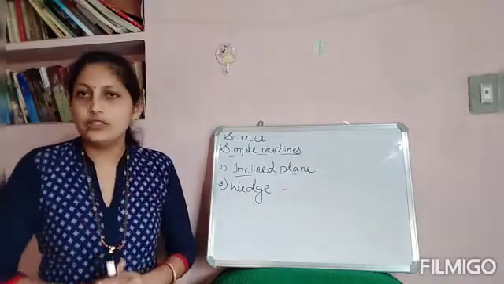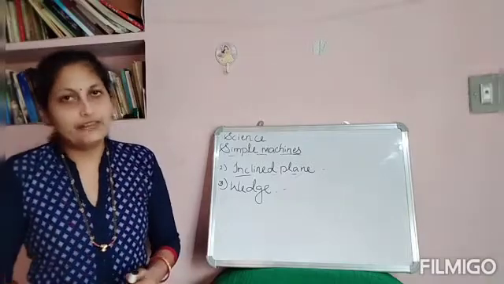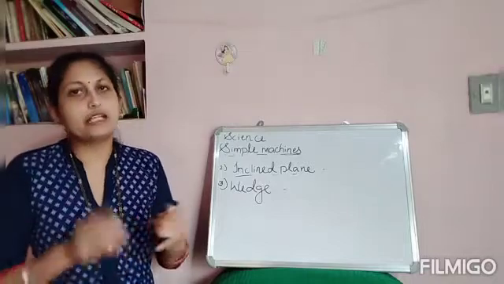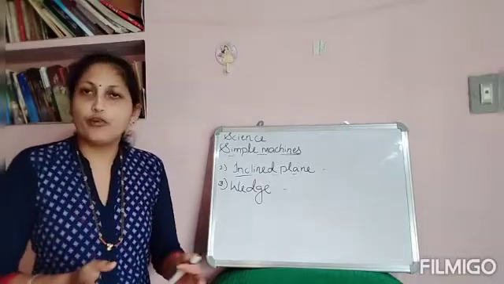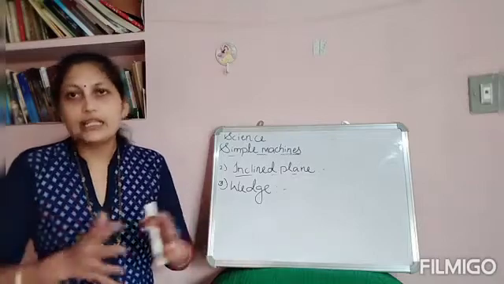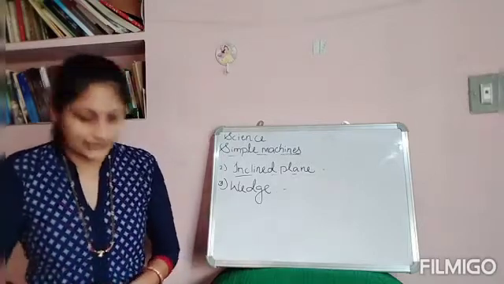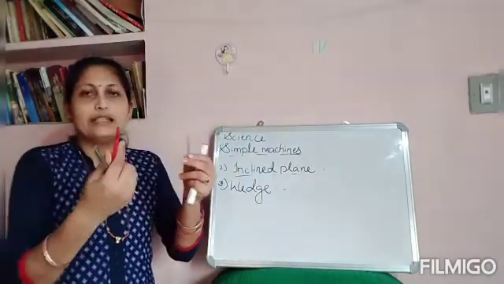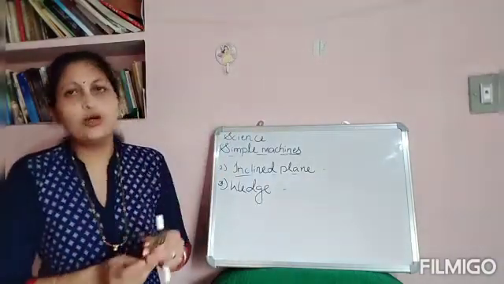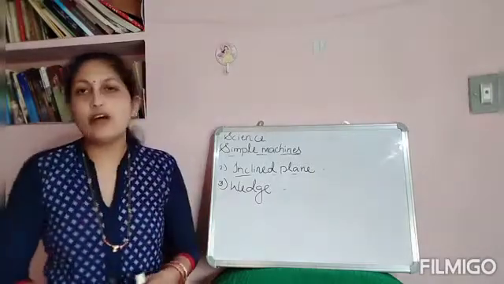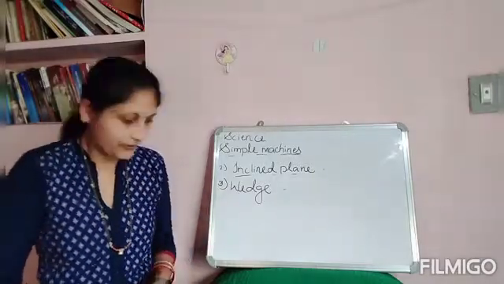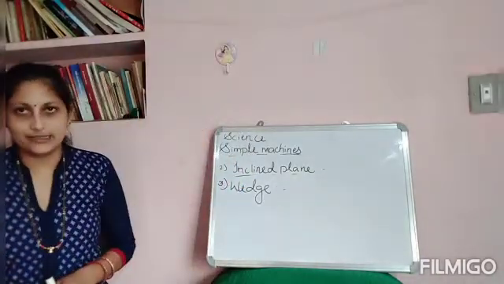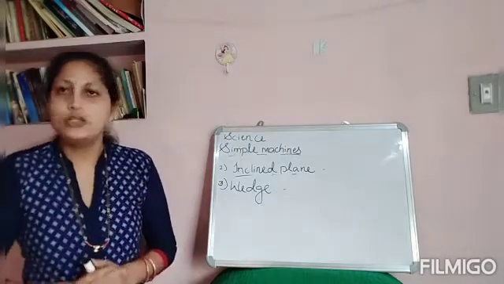And also in the kitchen we use a fork and a knife, isn't it? They are all examples of wedges. We use a knife for cutting vegetables into pieces, and we use a fork for splitting food items into pieces, isn't it? So these are all examples: nail, knife, fork, and also axe. They are used to cut or split objects into pieces.